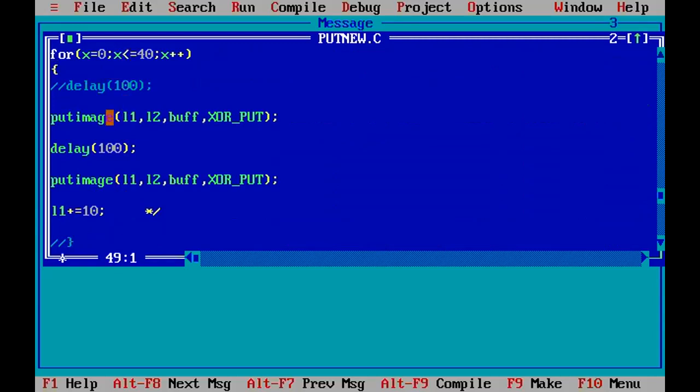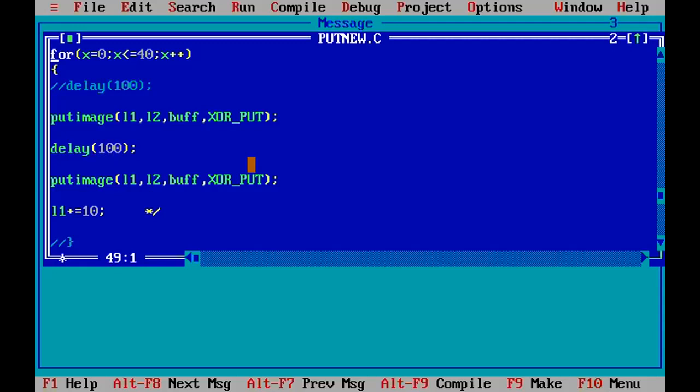So what it will do is put image L1 at this location from the buffer with the XOR put. One time it will make this object available on the screen, then with a delay of 100 milliseconds, at the same location we do the XOR put again. So next time when we run the XOR put, it will erase it from the same location.